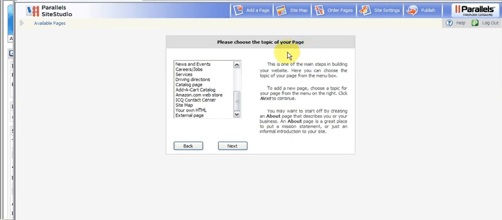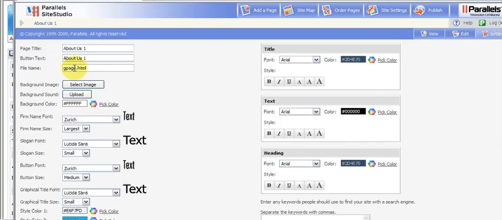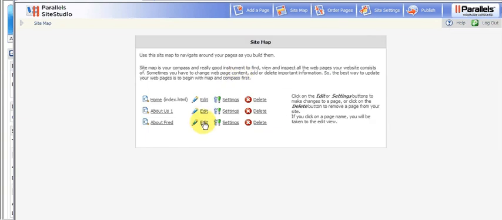Okay, now let's go back over here, and we've added the page. Now the settings: you can't have two web pages with the same name. So this one's called About, and the other one is called Generic. So I'm going to change this file name